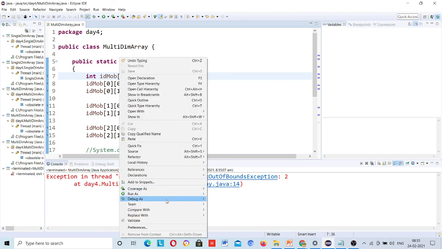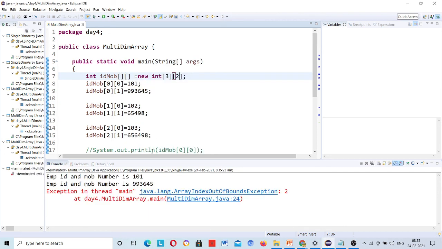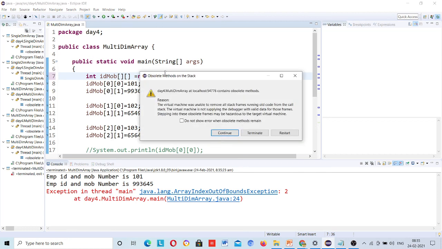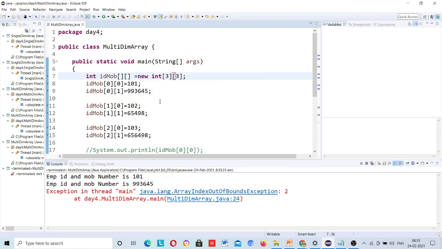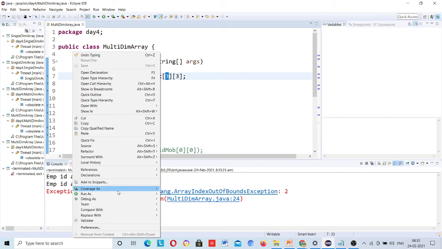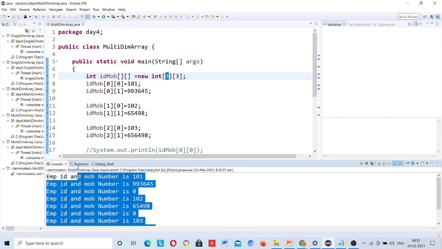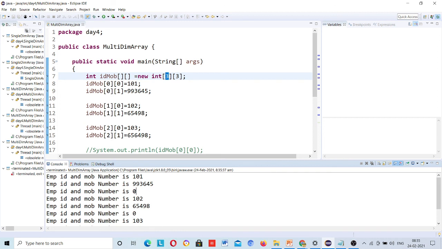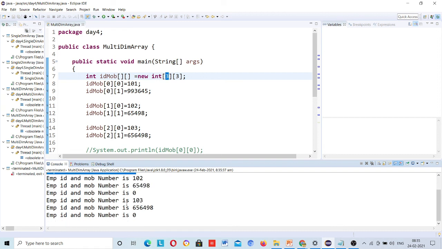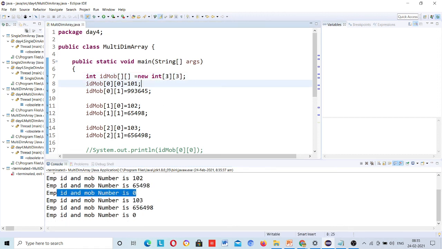Why is this coming? This means the size of the array is 3 and there are 3 arrays inside with values. Now this is working. The number is 3. This is printing. Now you need to figure it out. I am leaving it to you. In the next session I will explain why this is coming. Why this is 0 when you have declared it, there is a misconception. 3, 3, why is this coming?